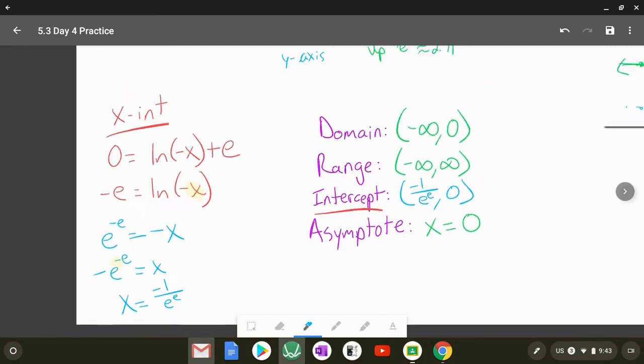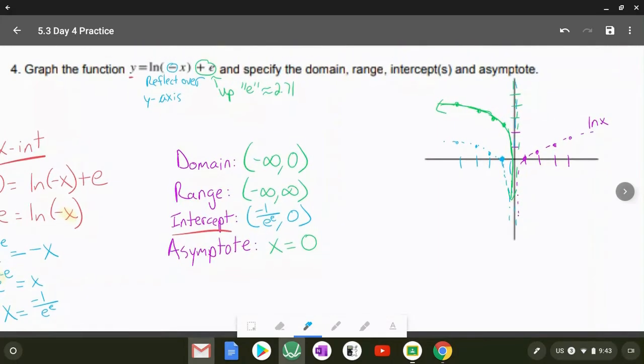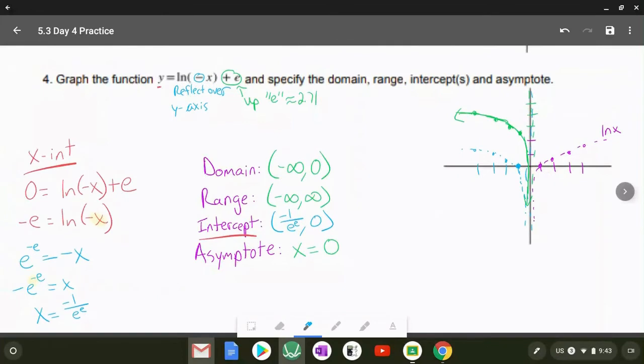And that's our x-intercept. It's the only intercept we have on this graph. Okay, so that's the graphing. If you take a look on the back,